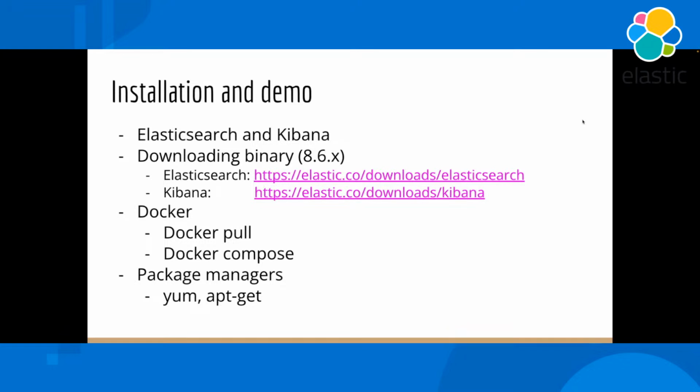Obviously, there are a multitude of ways. Normally you wouldn't work this way in a production system. You wouldn't go by downloading a binary on your production systems. Instead, you may be using package managers, or using Terraform to deploy some sort of infrastructure, right? But you could use a binary, you could use Docker, you could use a package manager such as apt-get or Yum or any of that to do the job of getting up your Elasticsearch.